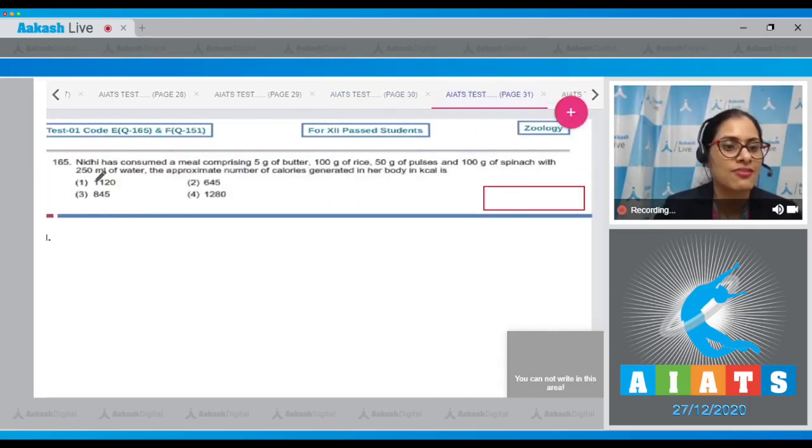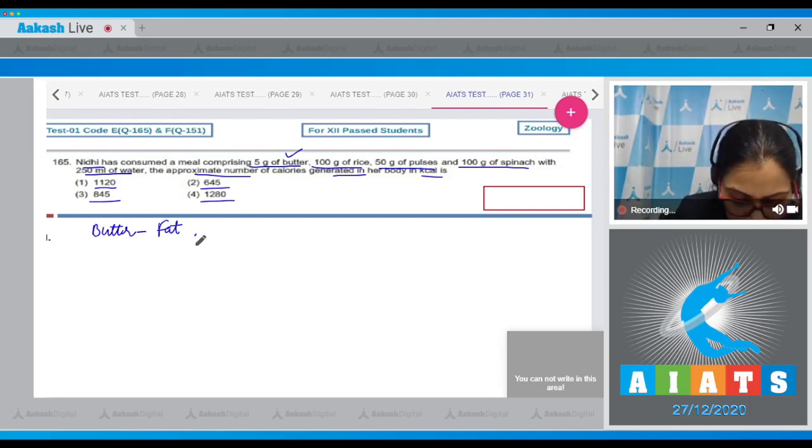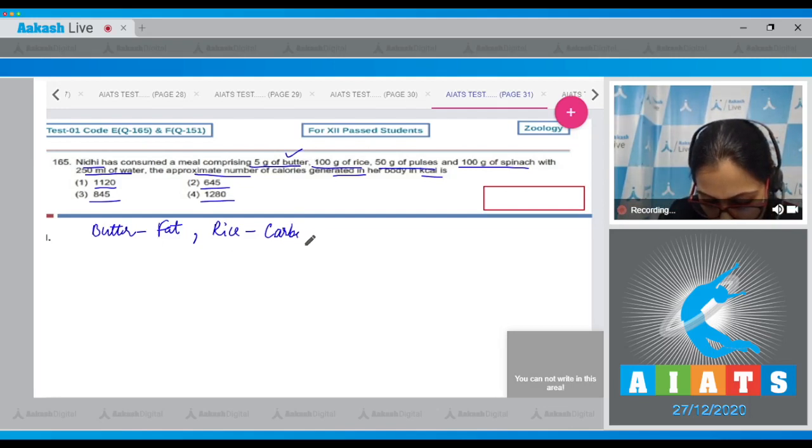Question number 165. Nidhi has consumed a meal comprising 5 gram of butter, 100 gram of rice, 50 gram of pulses and 100 gram of spinach with 250 ml of water. The approximate number of calories generated in her body in kilocalorie is, and the options are 1120, 645, 845, 1280. Now to solve this question, we must know that butter is a form of fat, whereas rice provides or acts as a source of carbohydrates,